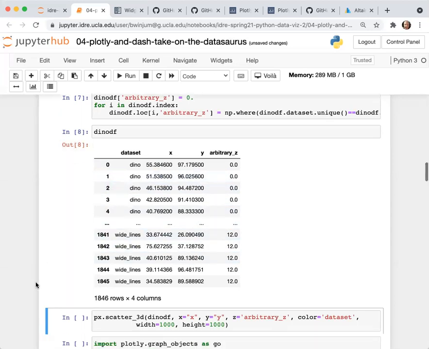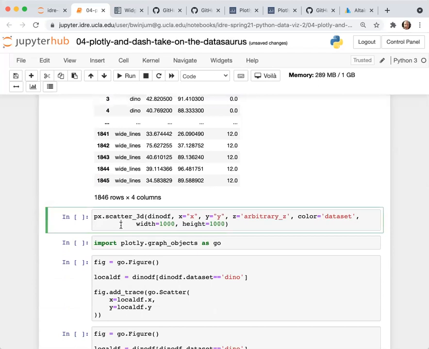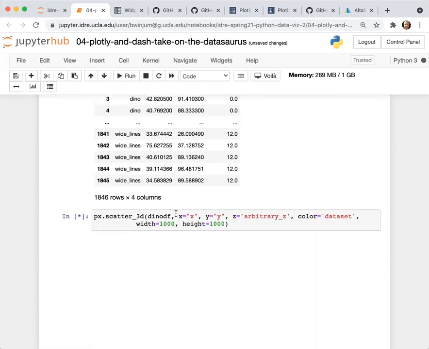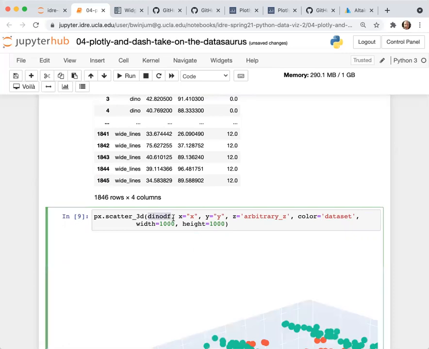This is just so that I can show you generating a 3D scatter plot. So now I'm plotting the entire data set where I specify the X column for the X values, the Y column for the Y values, my arbitrary Z column for the Z values. And I assign a color to the data points depending on the value in the data set column.